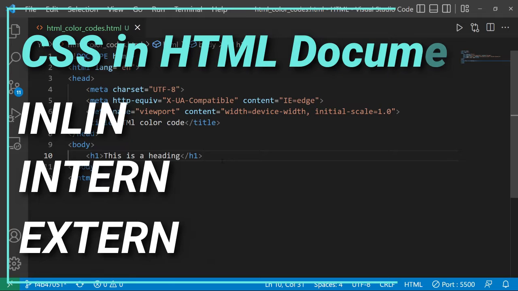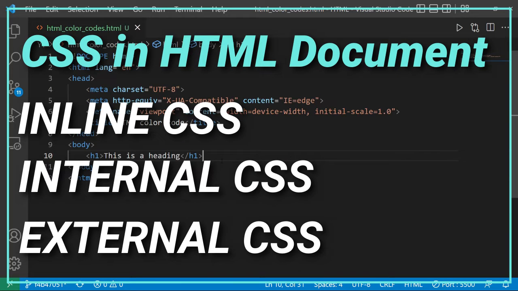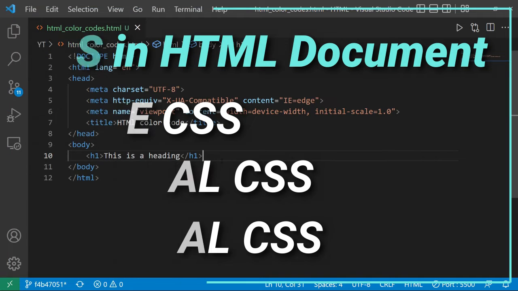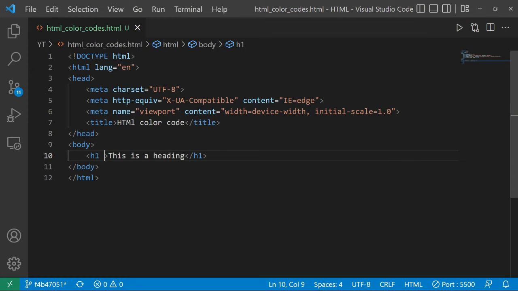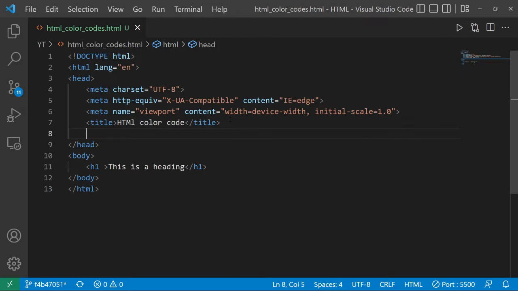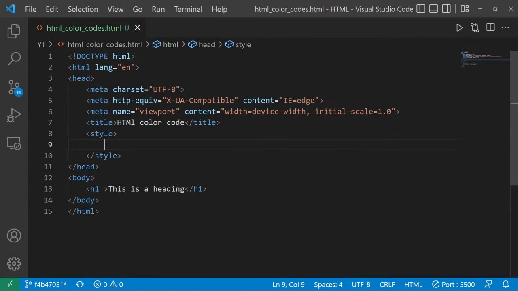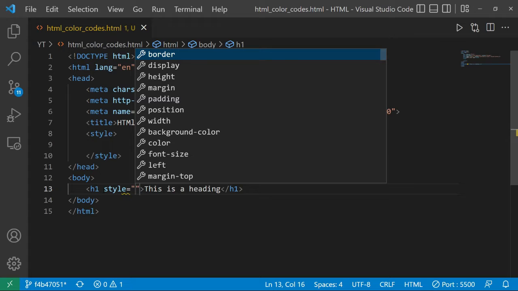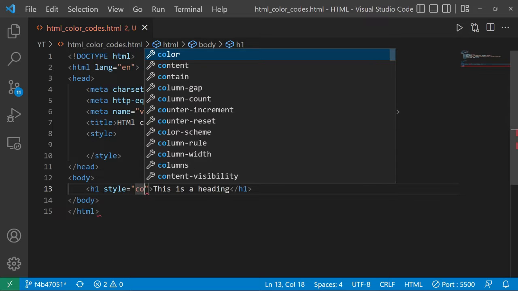CSS in an HTML document can be added in three ways: inline CSS, internal CSS and external CSS. Internal CSS is added by using the style tag here. All the color properties are applied inside this style tag, and inline CSS is applied here. Just type style, and we have to apply the property and its value inside the style attribute. We have to change the color, so we will write color,